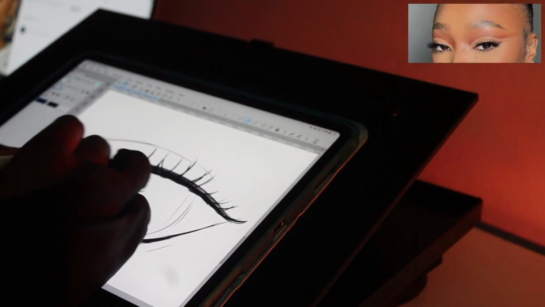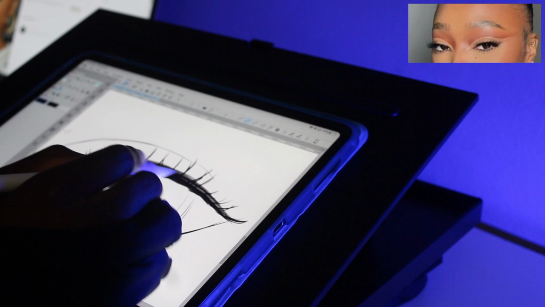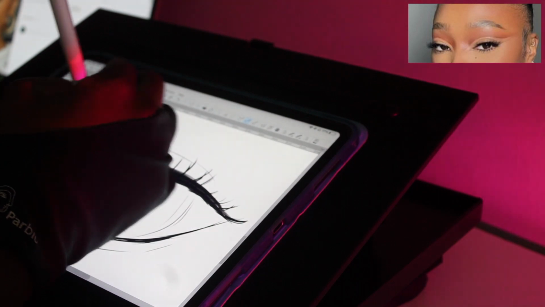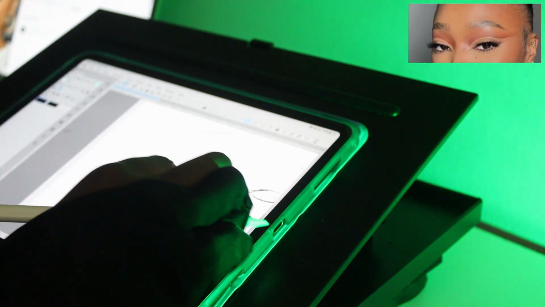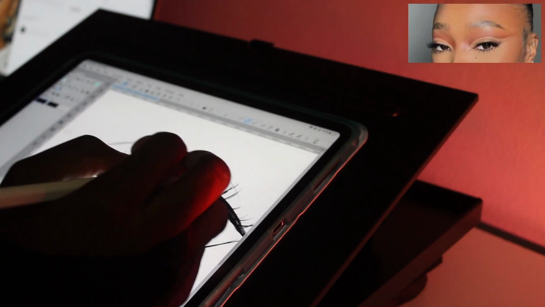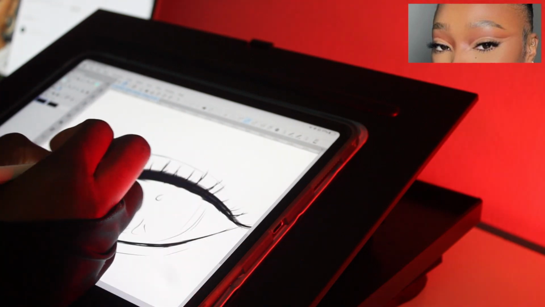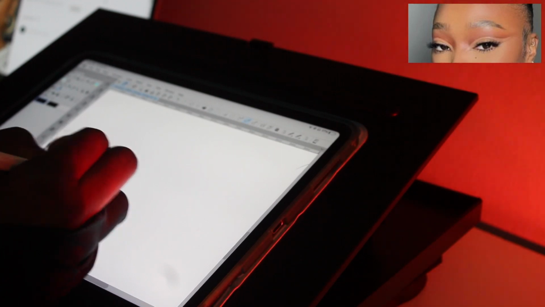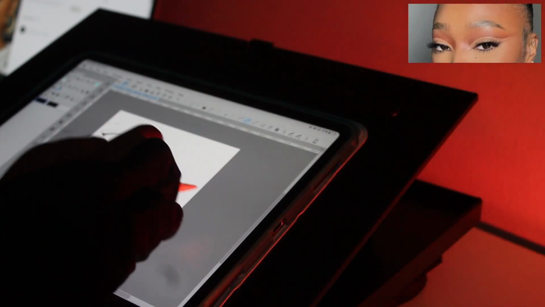So yeah, use references. Don't only rely on how other artists simplify their eyes, because that's how I've done it. And I still don't have a style, but you can just use references and figure out how you like to draw eyes, what you would like to bring out about the eyes that you really want to draw. And that could be your style if that's how you want it. But I don't really know anything about style, so let's not bring style into this. But I just want to let you know about the eye that I was drawing right there,